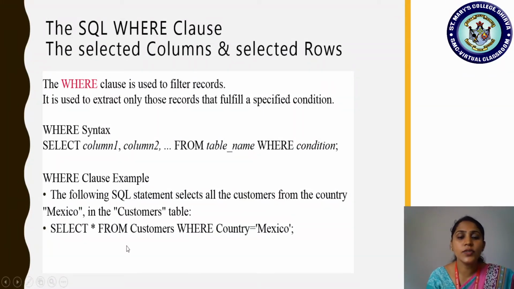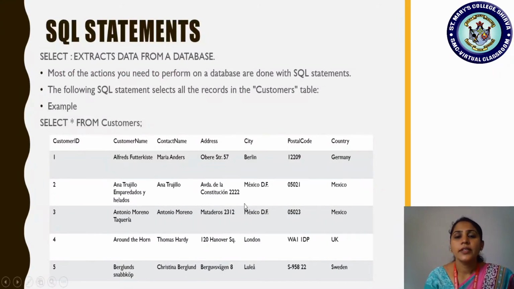Are you all understanding? So select star from customers. Select all the attributes, all the columns from the customers, where the column country should have which value? Only the Mexico value. Observe here, students. Okay, this was the table I had referred to, right? So select star from customers. So customer ID, customer name, contact name, address, city, postal code, country, everything will be selected. What is the condition we have added? Where country, yes, for this column, where country equal to, within single quotes, Mexico, right?